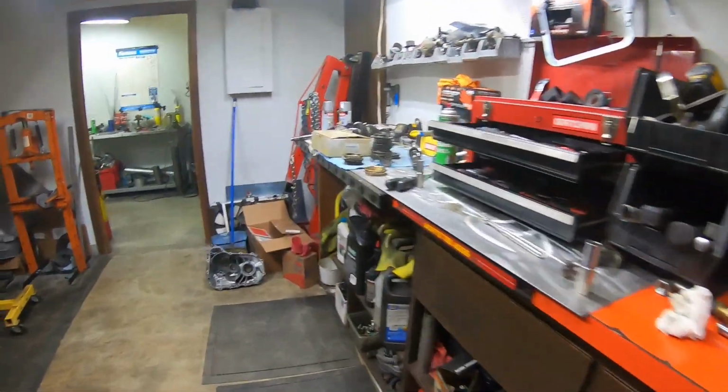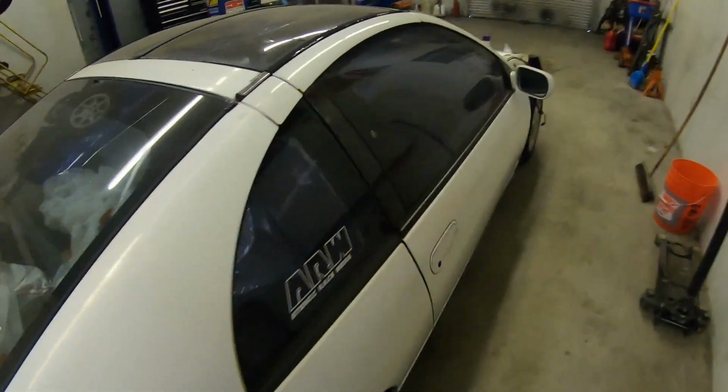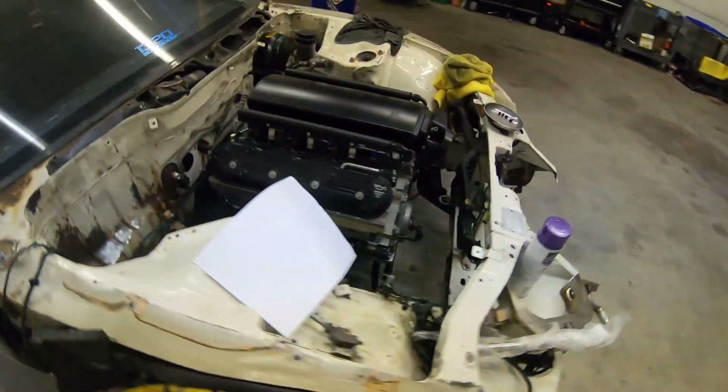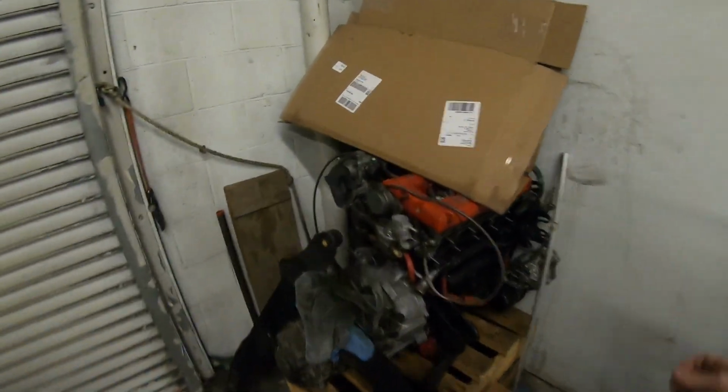We have a ton of projects. I will show you. Come back out here. You guys have obviously seen the LS300Z. I'm not sure why there's stuff piled on this thing. It shouldn't be taking up refuge like that, but